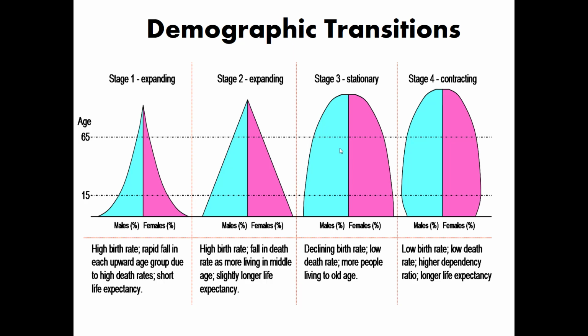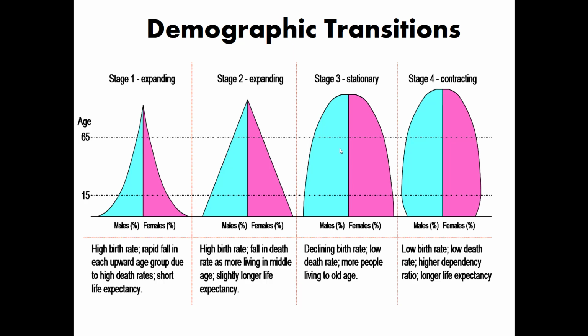So at stage one, the expanding stage, we saw a high birth rate, but also a high infant mortality rate. And people had shorter lifespans. Why did people have shorter lifespans? What's happened over the years that's increased our longevity? Well, we've had medical discovery, we've had immunizations and vaccinations, we've had enhanced care, we've had screening and early detection for treatment of diseases. We've had more maternal and child health resources that have made birthing healthier.